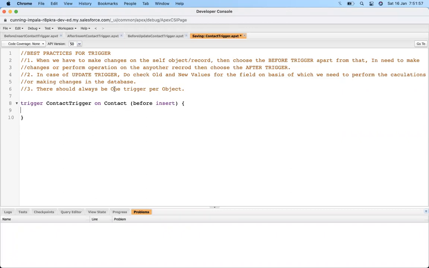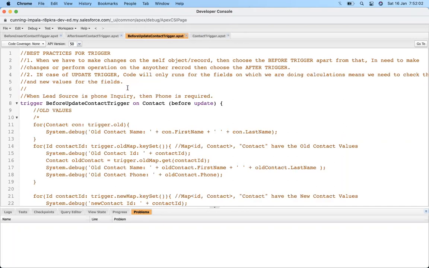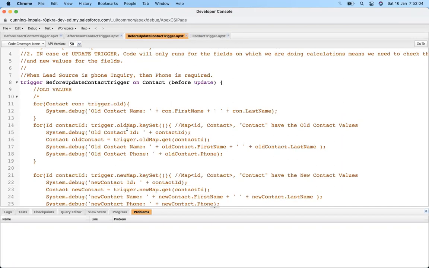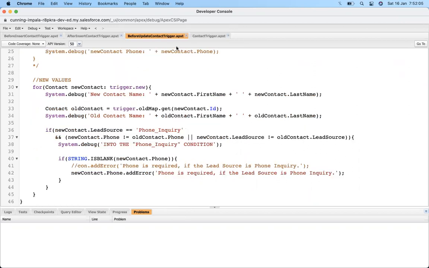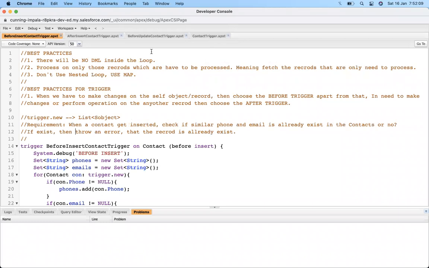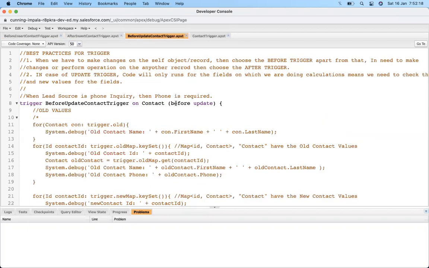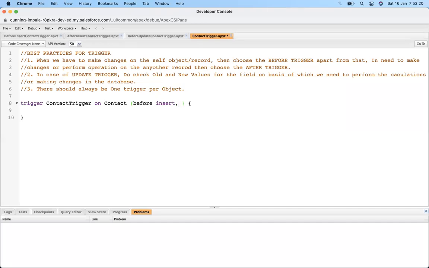Okay, there should be one trigger per object. So we need to merge all these triggers into one instance. Since it is running on before insert, after insert, and before update, I will write those instances here comma separated: after insert, before update. First, we need to write all the instances as comma separated in the single trigger, and then